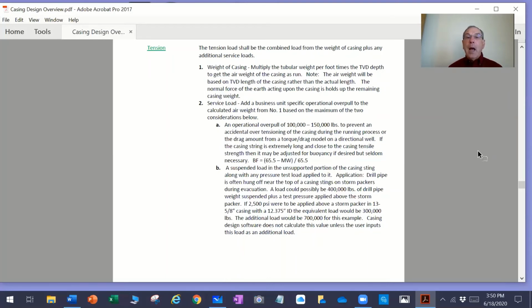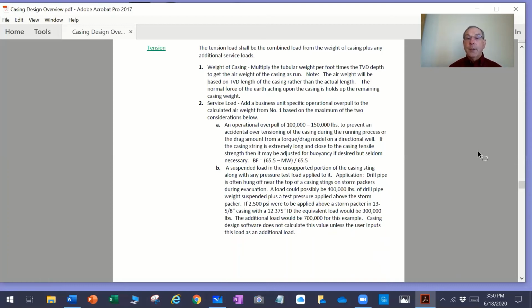A is any operational overpull. It's pretty typical that you would calculate, number one, the air weight of the casing, and then you would also come up with a service load, number two, which is you may use a number like 100 to 150,000 pounds overpull. It's going to be some number based on your area of operations to make sure you don't accidentally over-tension the pipe during the process of running it and putting the slips in and doing all the things that you